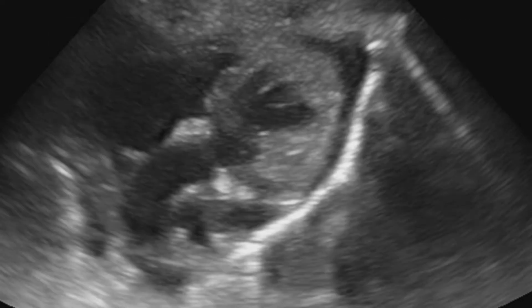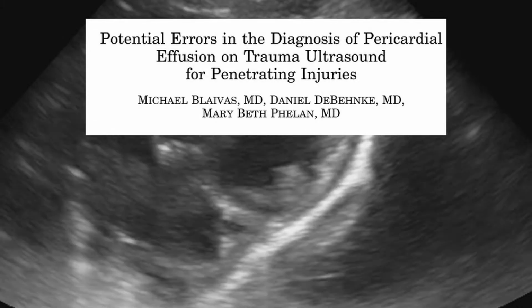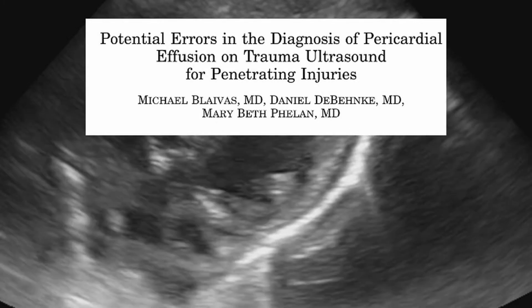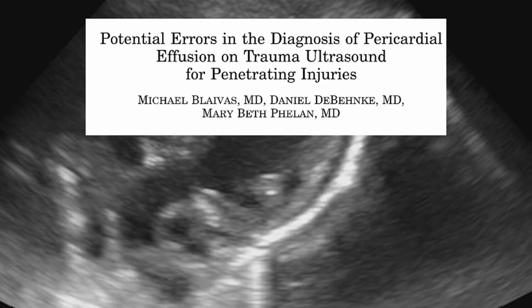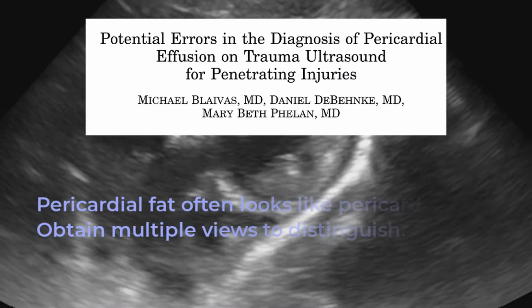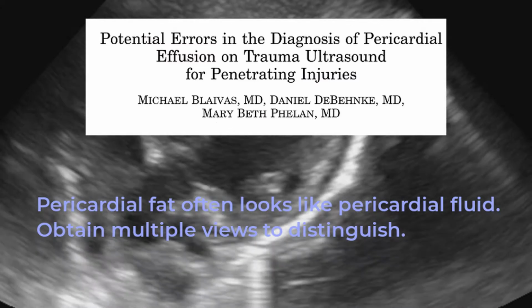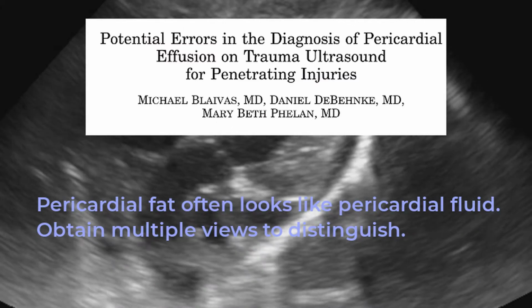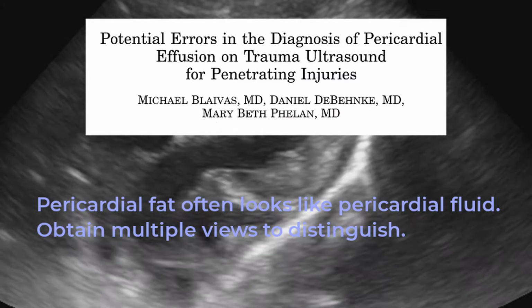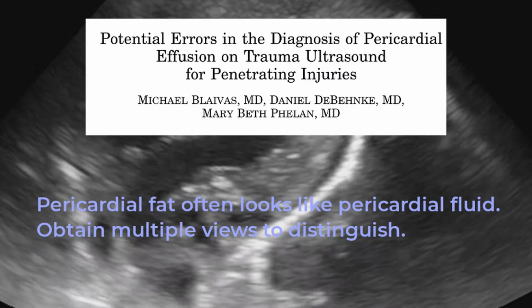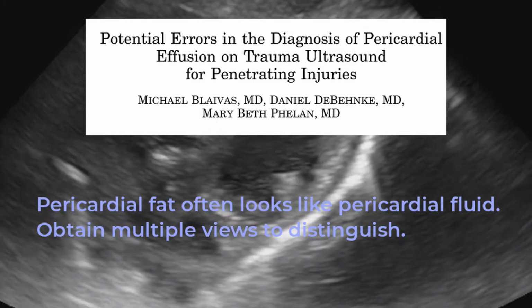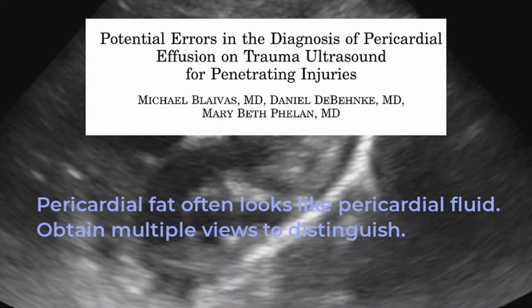In a study by Blavis et al., looking at physicians interpreting ultrasound images in trauma patients, you learn that many find it difficult to distinguish between pericardial fat and fluid on ultrasound. And while this study looked at patients with penetrating trauma, it is clear that pericardial fluid can look much like pericardial fat. They found that adding different views to confirm the findings, particularly the parasternal long and IVC views, was